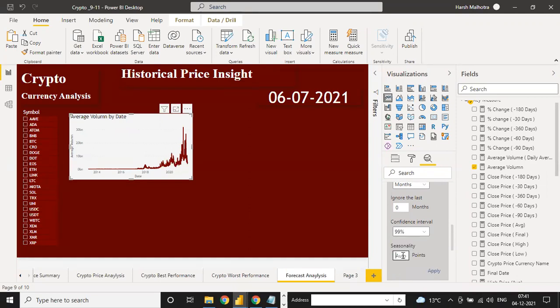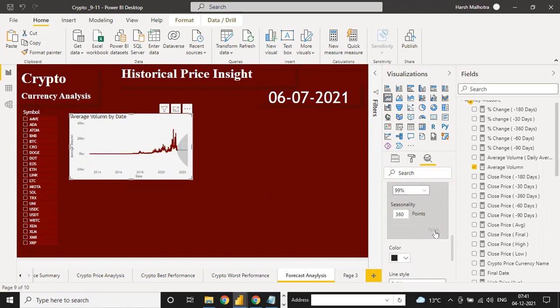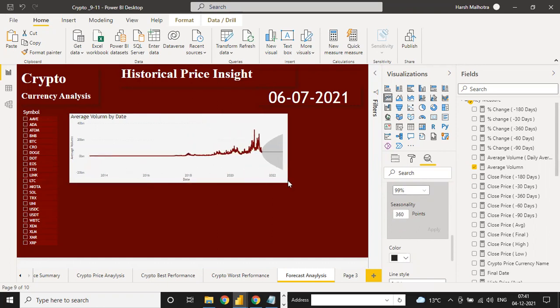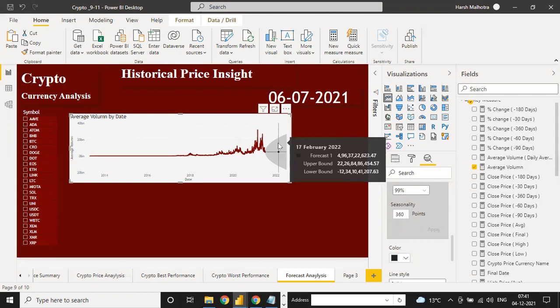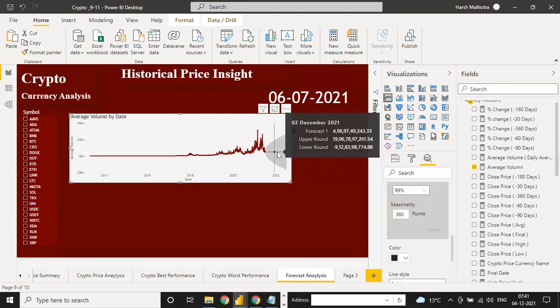And seasonality. Seasonality means what we actually go by in the 60 months. Okay, suppose I go to my 12 months. In 12 months, how many days do you have in total? 360 days. So you have to click 360 days and just apply. And see, the data is applied automatically. If I make it a little bigger, see, it is already applied. That forecast, it means the actual forecast, you have this line. This is your actual forecast.